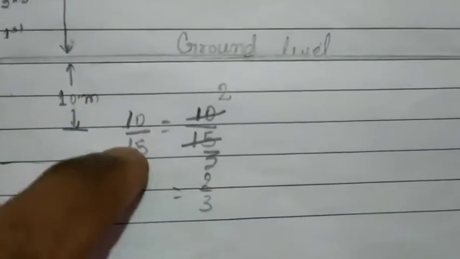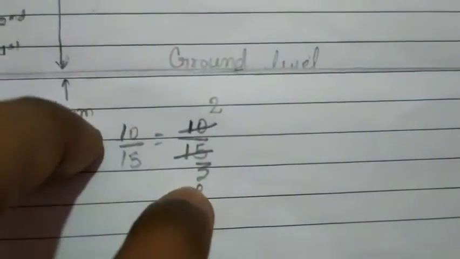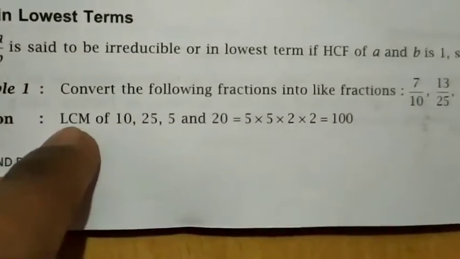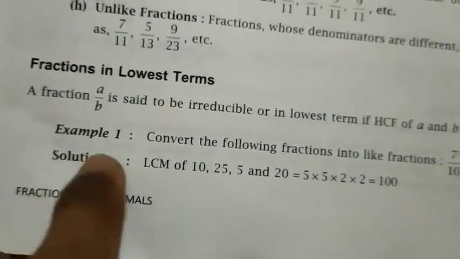So you have to do this. There is another process to find the lowest terms, which is given in the book. You can follow that also. And that is, convert the following fractions into like fractions. First of all, what you have to do? Convert the